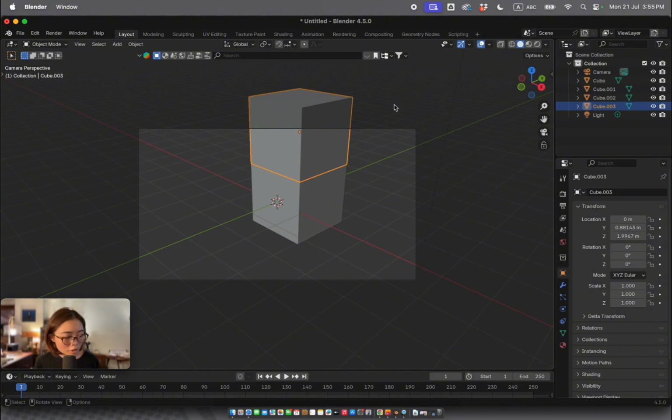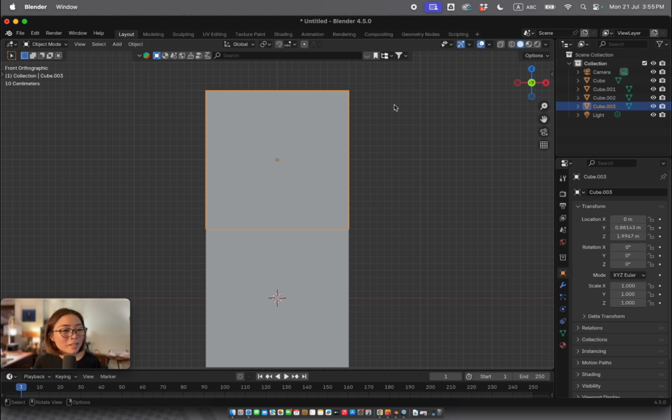And you can also change to the opposite view. For example, 1 for front, right? If I'm holding down the Control or Command button,